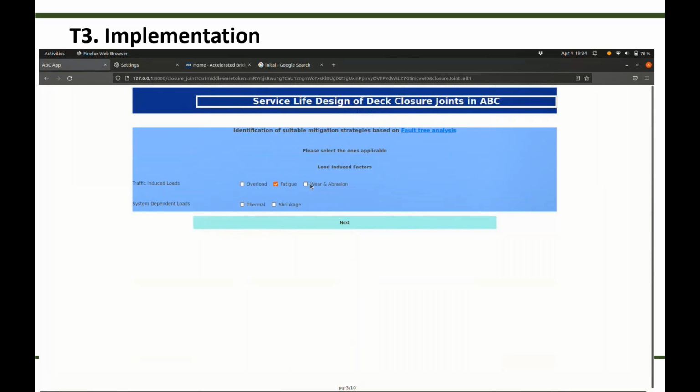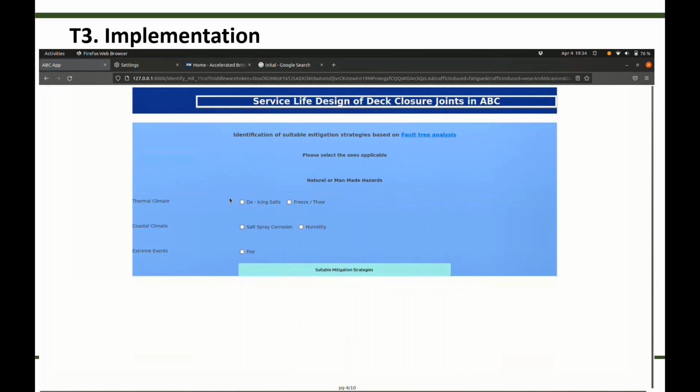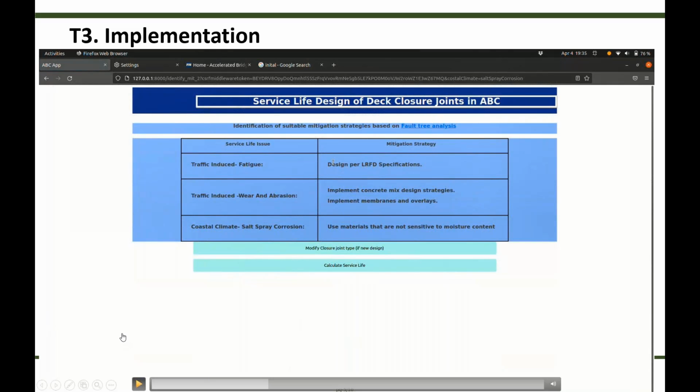So let's say under traffic induced, the user chooses fatigue and wear abrasion, and then on the second form here, under the natural and man-made hazard, you can see the options, so they can select any of them which apply. And then here, based on those parameters, we generate the suitable mitigation strategy. That provides some general recommendation based on the closure joint type and the factors the user chose